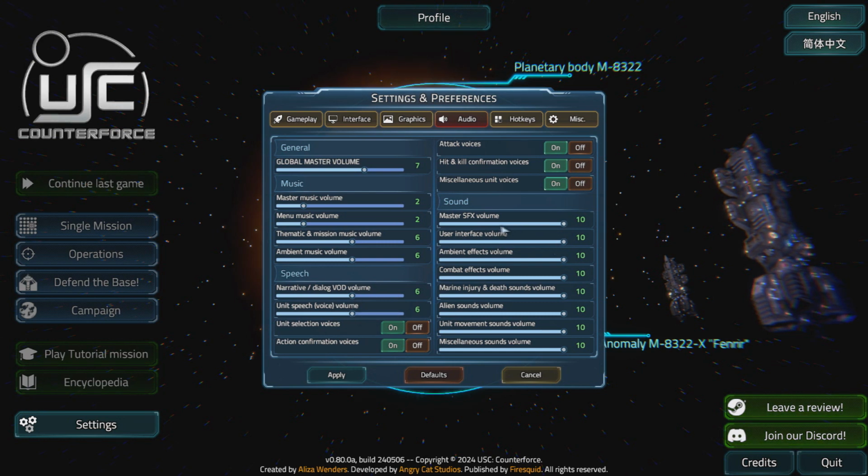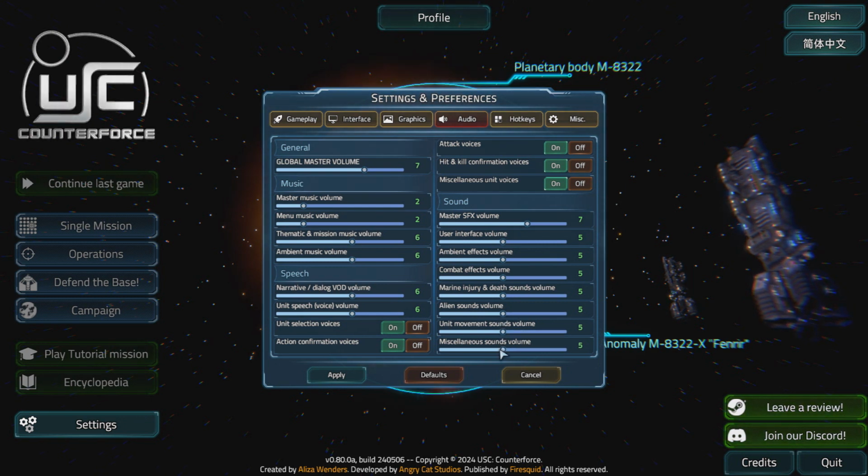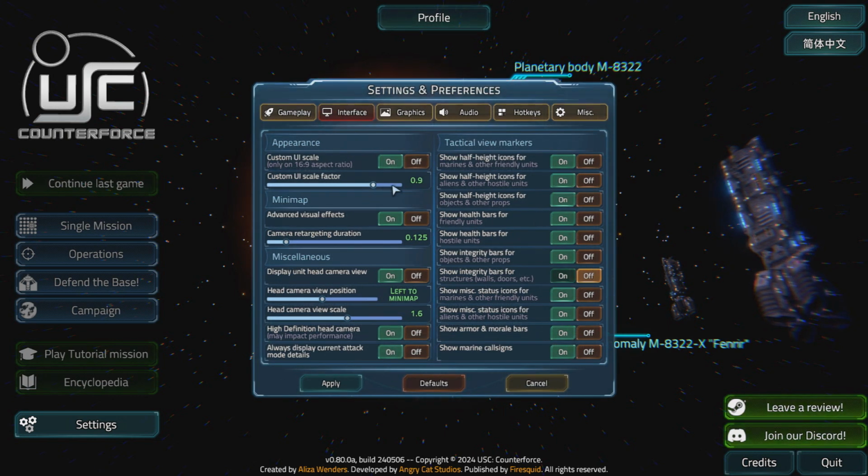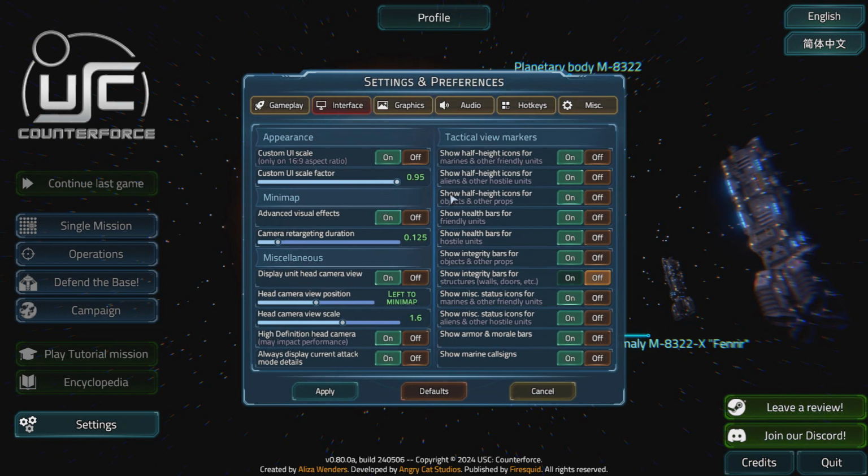But this is all the settings from the graphics to the audio, and then of course the main menu, which would show single mission, operations, defend base, and campaign, and some other different settings on there too. So if you're ever trying to figure out how this game is going to be like, essentially it's going to be a lot of reading, a lot of trying to figure out what stuff's going on and where stuff is going to be, because the main things I'm going to talk about is the combat and how the missions kind of work,